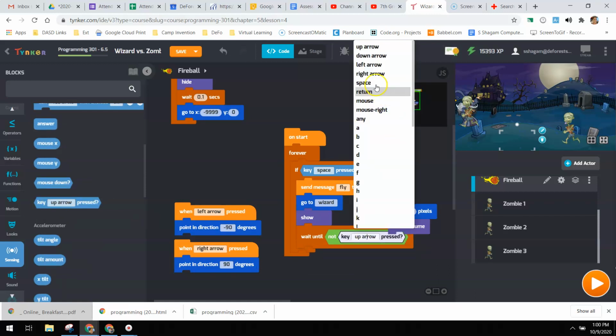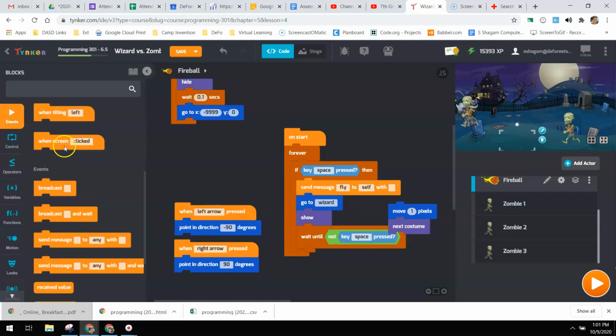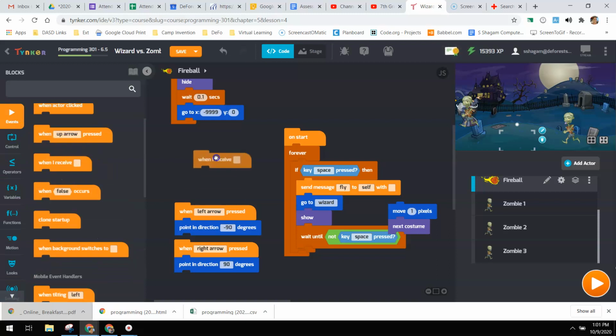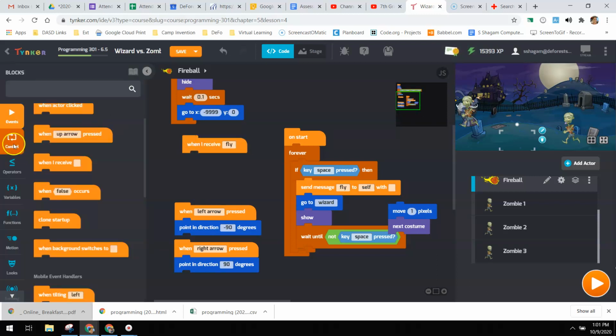So we're listening for when the spacebar is not pressed anymore. And then when he receives the fly, then we'll move. Long way around this. So we're going to make an event and listen for when we receive fly. And when that occurs, I will repeat